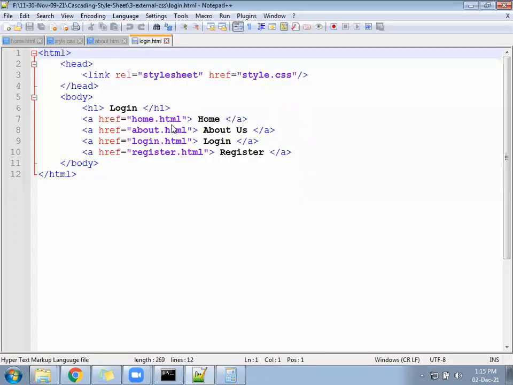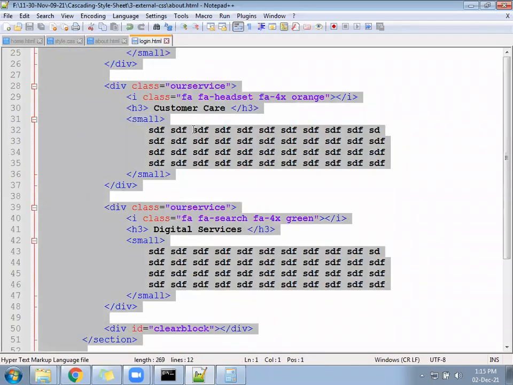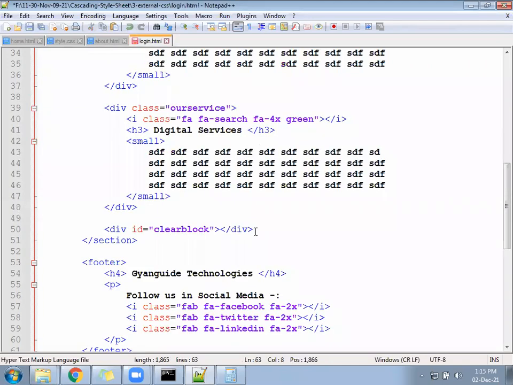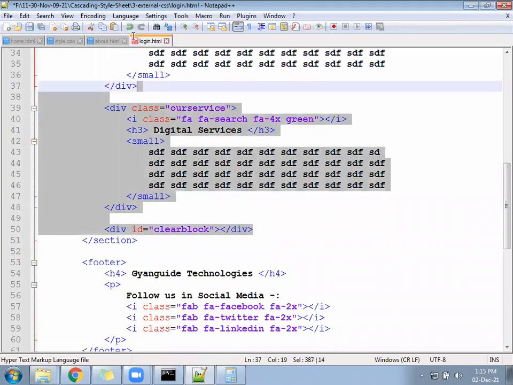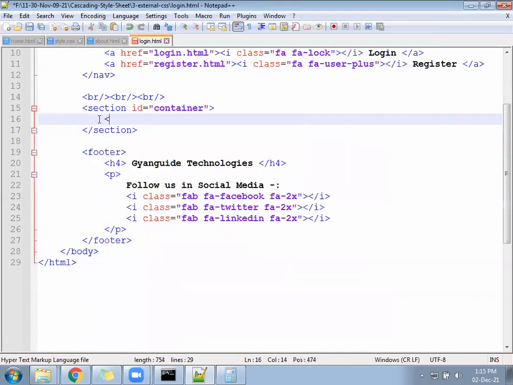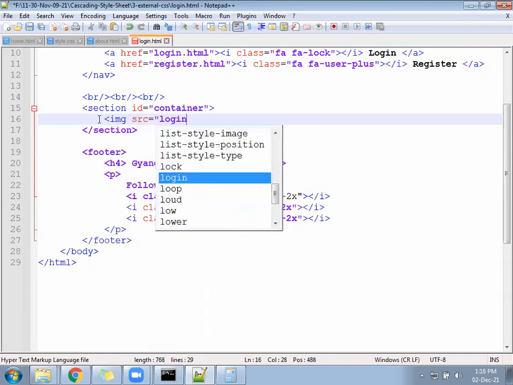In the login file, the header and footer will be the same. What will get changed? This section will get changed, and it will look like this. img src login dot.